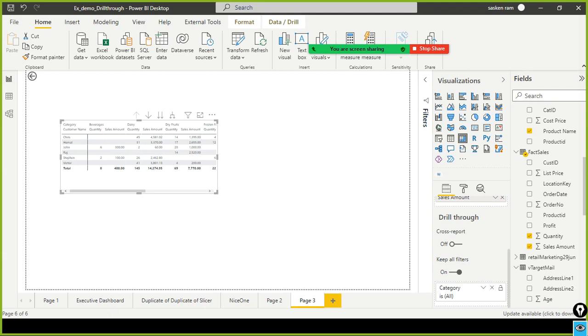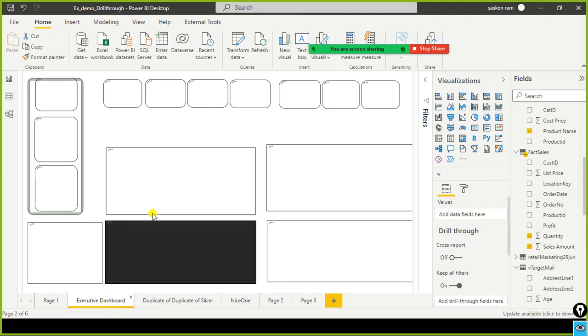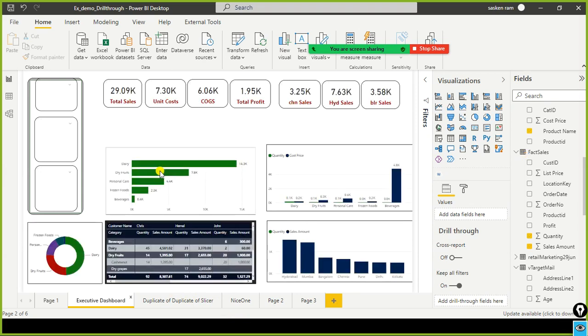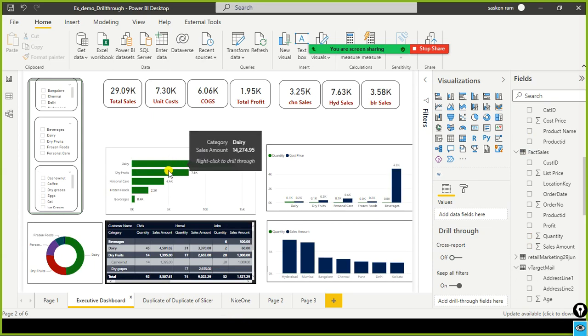get enabled. For example, if I go here, if I hover the mouse here, you can see the right click to drill through got enabled.